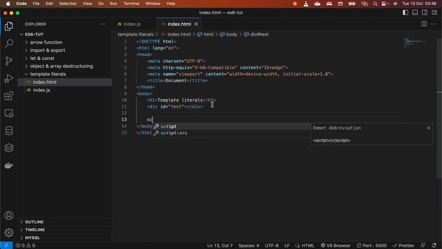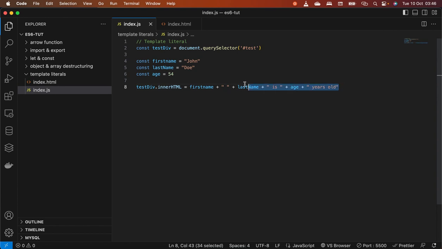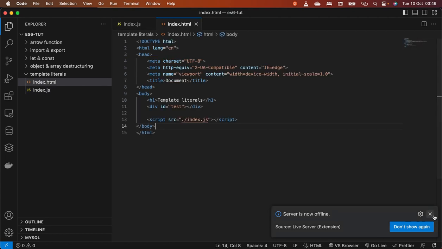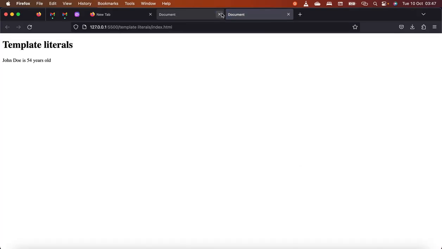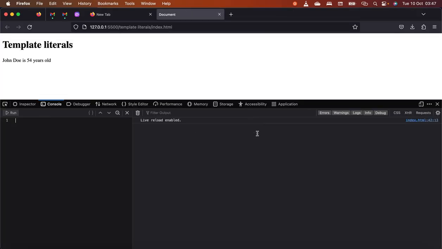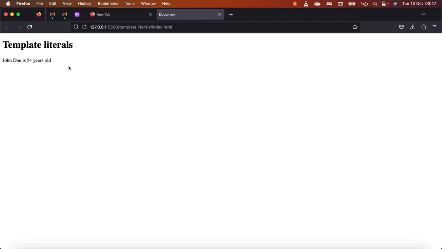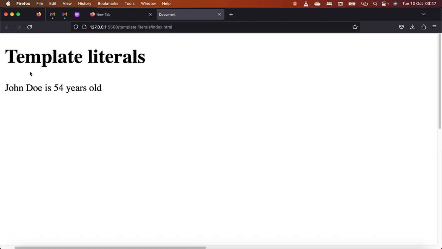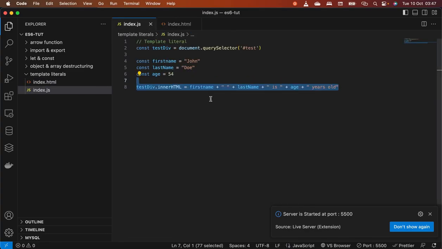Let's link the JavaScript to it. Script. So of course it is going to work, but this is very stressful. Let's check it out in the browser. We don't need the console. So it says John Doe is 54 years old, but the template literals make it easy to do something like